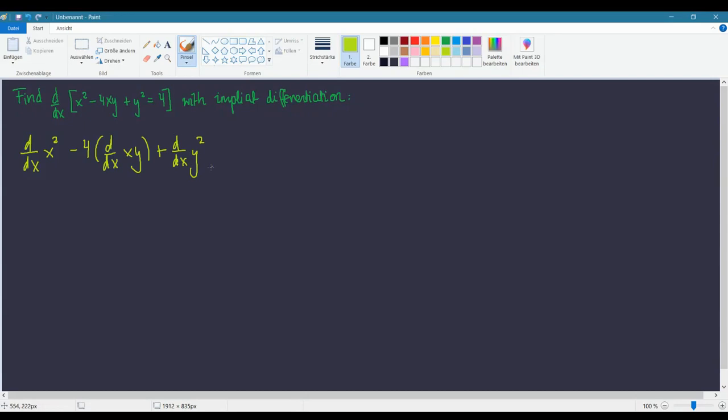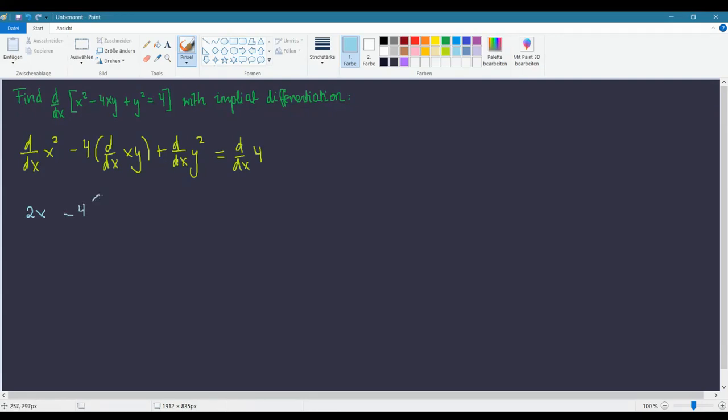So there's a chain rule hidden here. There's a product rule hidden over here. Equals d by dx of 4, which is just going to be 0. Okay, so the first thing that we're going to do is we're just going to write the easy ones down so we don't have to think about them anymore. So we're going to have 2x, x squared derived with respect to x is just going to turn into 2x,